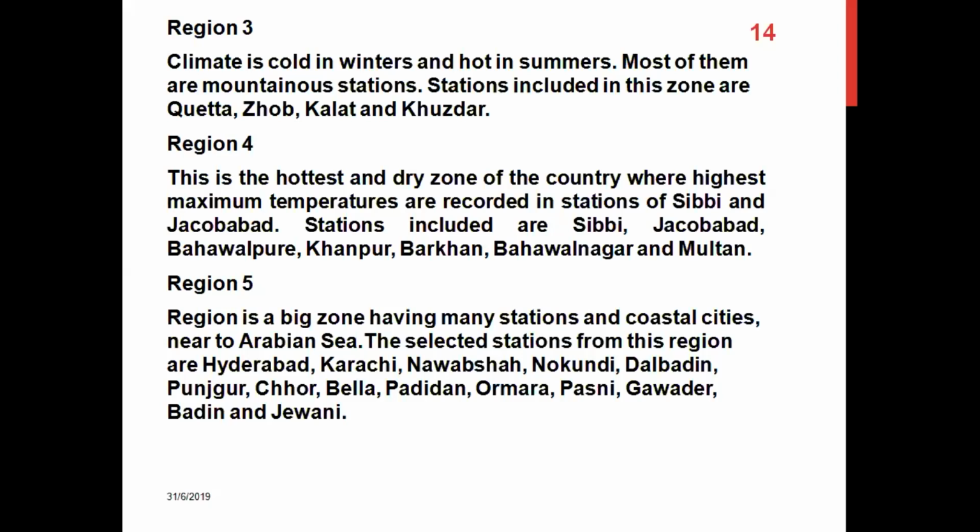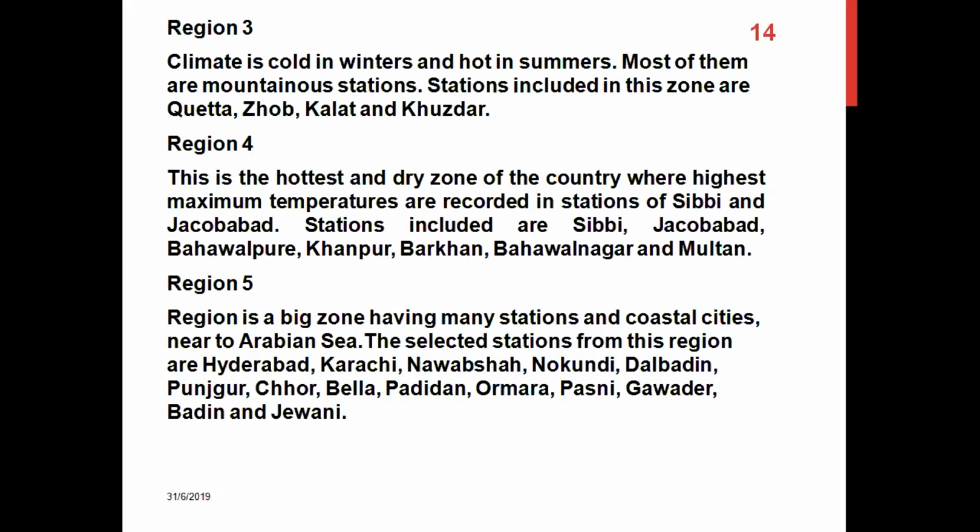Region 4 is the hottest and driest zone of the country, where the highest maximum temperatures are recorded in the stations of Sibbi and Jacobabad. Stations included are Sibbi, Jacobabad, Bhawalpur, Kanpur, Parkha, Bawalnagar and Multan. Region 5 is a big zone having many stations and coastal cities near the Arabian Sea. The selected stations from this region are Hyderabad, Karachi, Nawabshah, Nukandi, Dalbadin, Punjgar, Shore, Bela, Padijan, Urmara, Pasni, Gawadar, Badin,